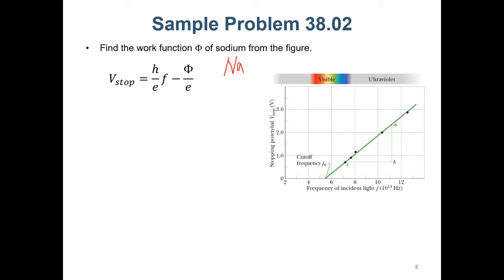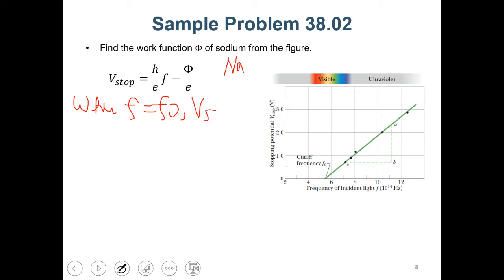So find the work function, which means that here when f equals f0, V stop equals 0, which is this point. So we'll have phi equals